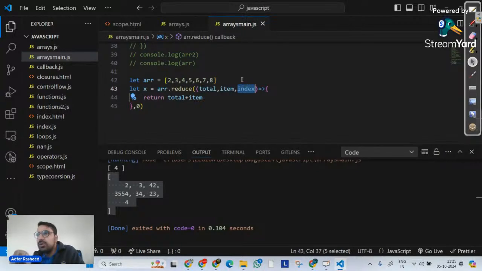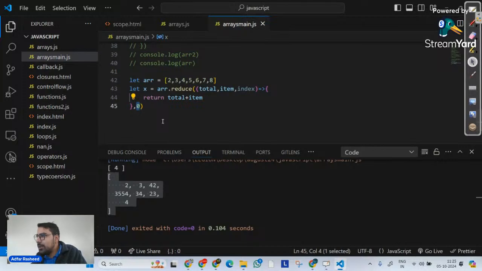Now listen to this very carefully. The total argument is what will finally be returned from this particular reduce function. And the second argument that I've passed to the reduce function, can I say this callback is my first argument passed to reduce, and this 0 is the second argument?